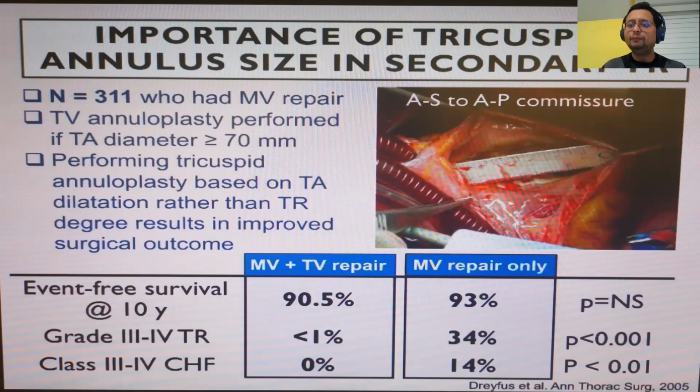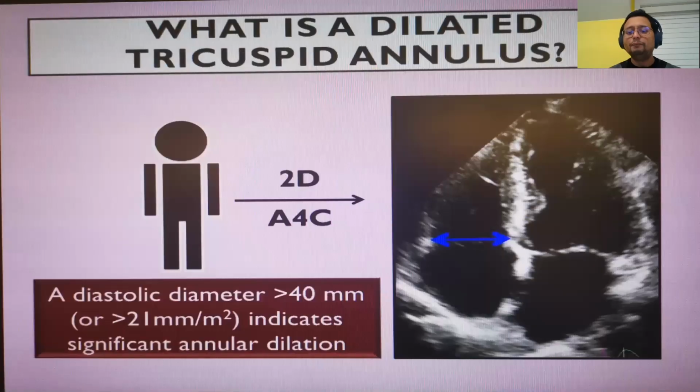However, in an echocardiogram, obviously we don't open the heart, so we cannot tell the surgeon based on intraoperative findings. We must go based on echo findings. So based on echo findings, we use the apical 4-chamber view at end diastole. We measure from here to here, and a diameter that is more than 40 millimeter absolute diameter, or indexed to body area more than 21 millimeter per meter squared, in the presence of even mild tricuspid regurgitation, is